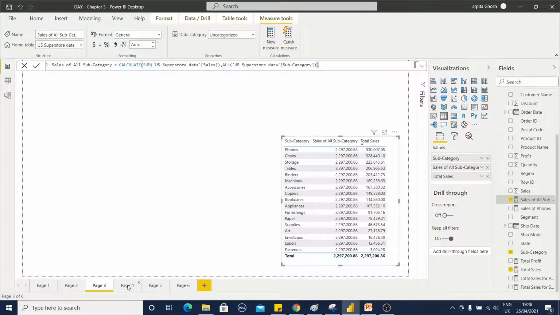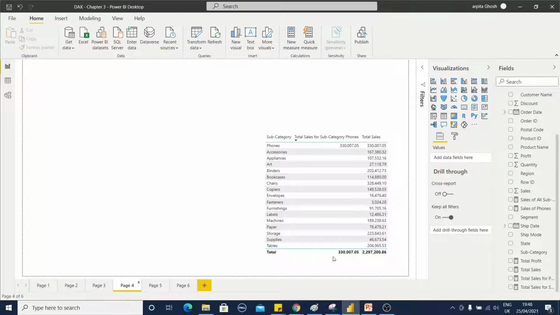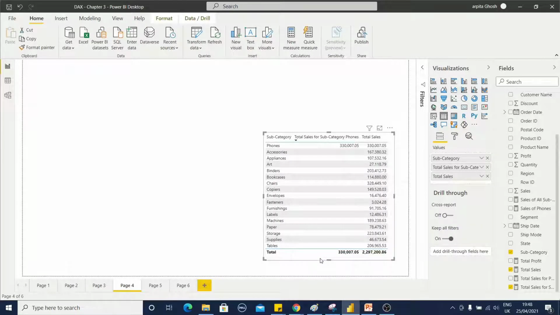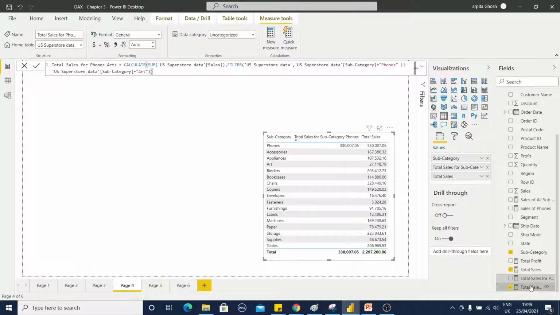I'll show you another example. If you observe, in my last two measures, I didn't define the filter condition, but I have created another calculated measure, where if I select on this, you can observe that within this CALCULATE function I have explicitly defined the FILTER function, and for that only the phone value is coming.